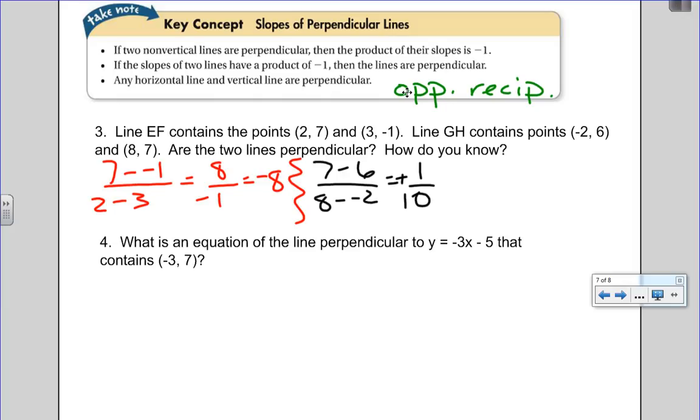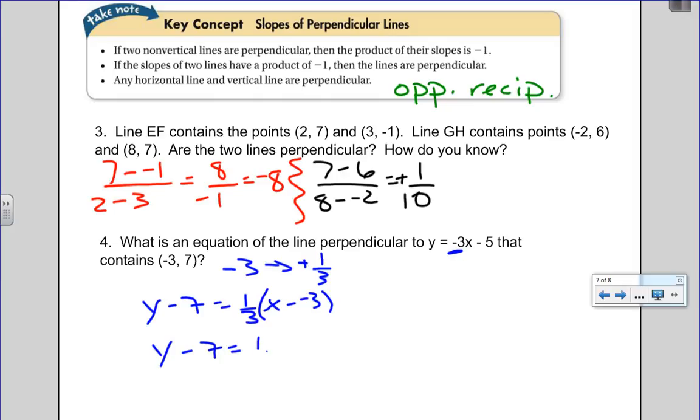All right, what is the equation of a line perpendicular to y equals -3x minus 5 that contains -3, 7? Well, all we care about in perpendicular is the slope. So, what is the reciprocal, or opposite reciprocal of -3? Opposite meaning positive, flip it, 1/3. So our new slope is 1/3. So y minus 7 equals 1/3 times x minus -3. Y minus 7 equals 1/3 x plus 1. And then you add 7 to it. Y equals 1/3 x plus